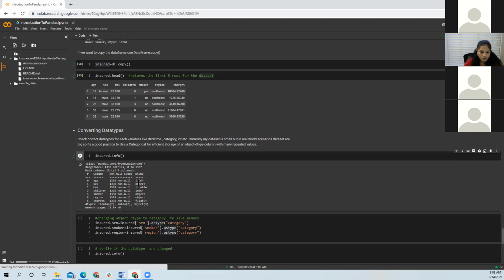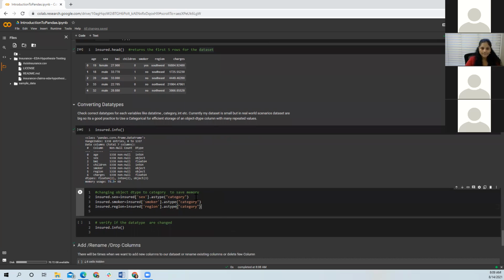Here I want to convert these objects to categories. Why would I do that? Because now the data set is very small and only occupies about 73 KB of memory. But when you have very large data sets, this memory usage will start creating problems. 73 KB is nothing, but if I'm working on a large data set of big data, memory will start creating problems for me. So I'm converting these objects to categories.